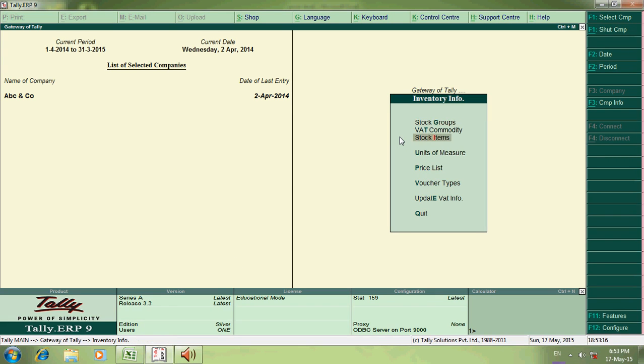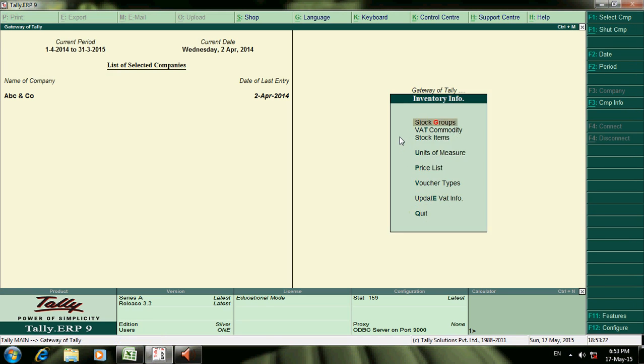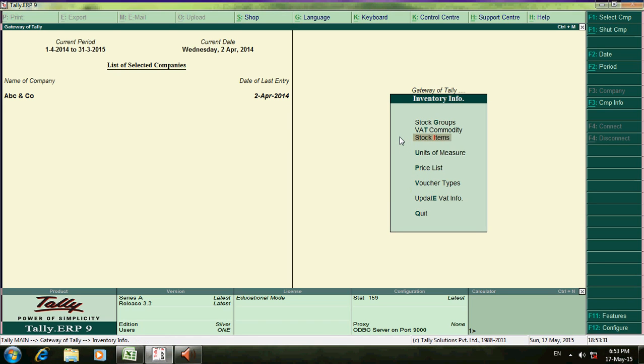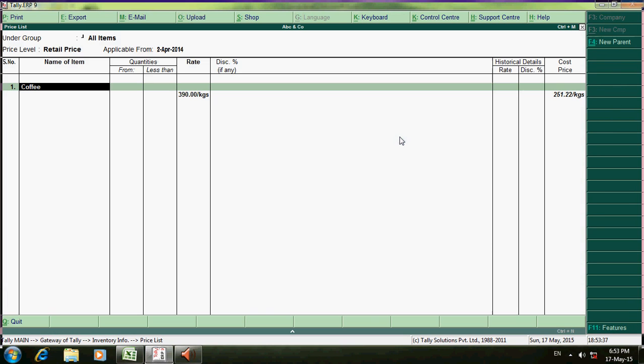Now go to inventory info, stock items, price list, retail.